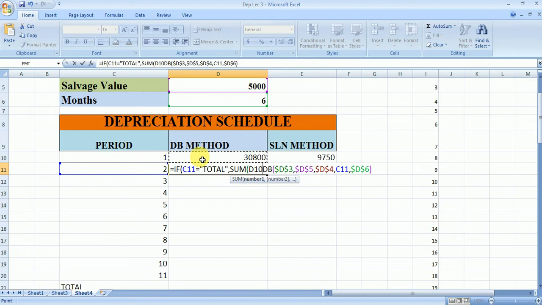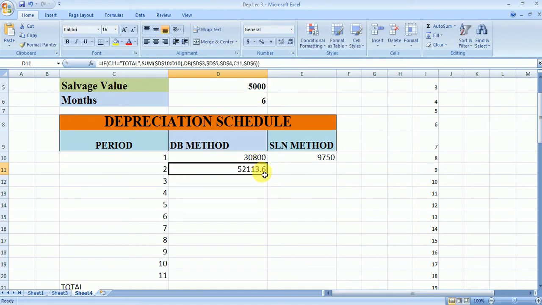Again I need to press the colon, close the bracket, and add the comma. We need to fix this, so I'm using F4. So this is the formula, and again we need to put one more bracket here. What we are saying here is, if this cell equals total, then sum, otherwise it calculates the depreciation according to the DB method. Then enter.